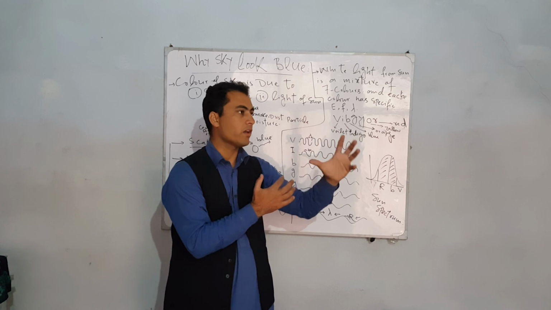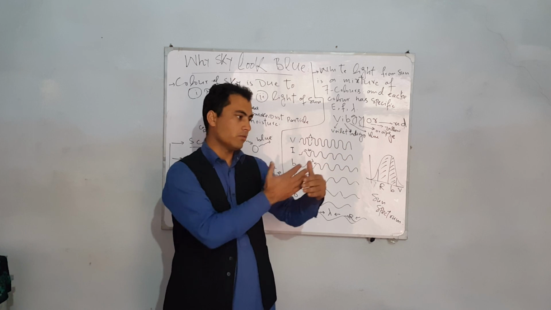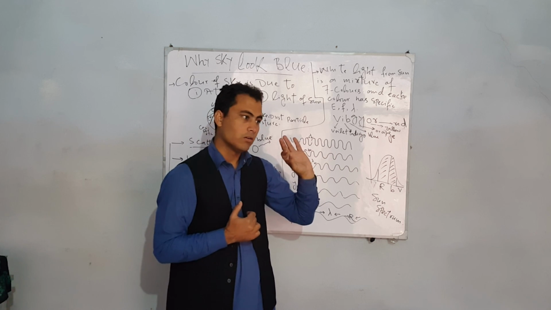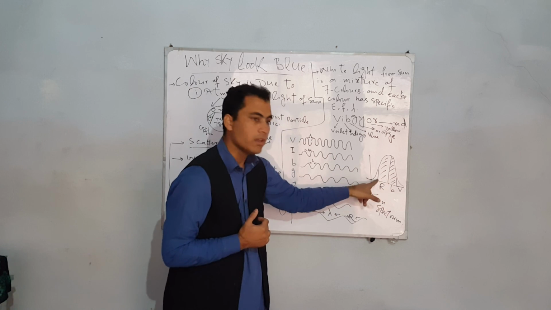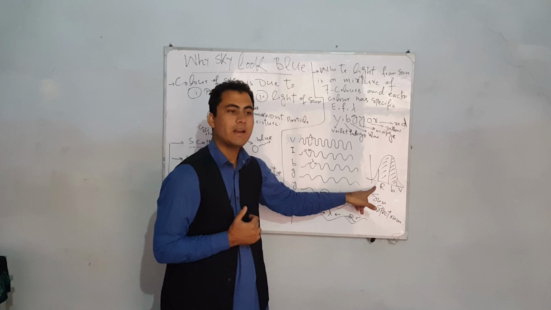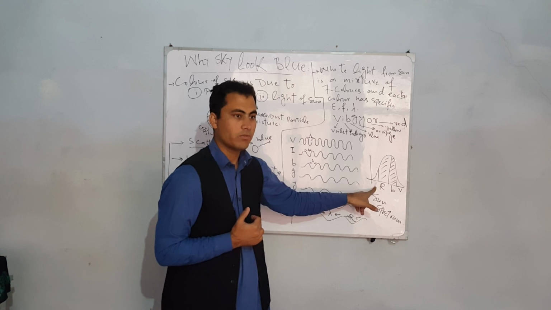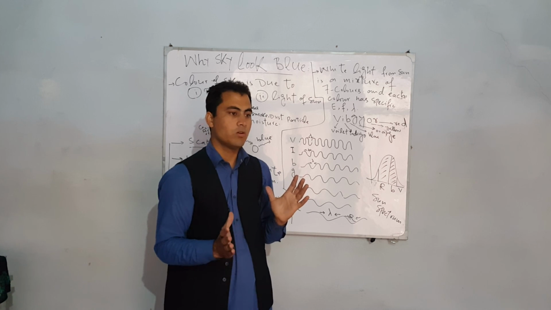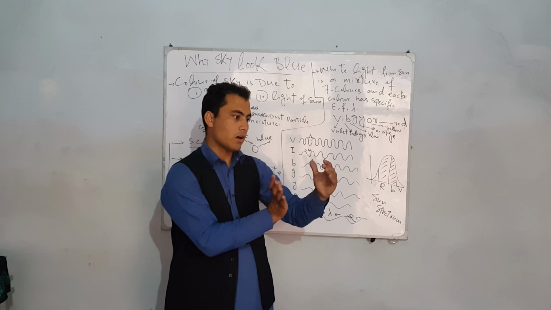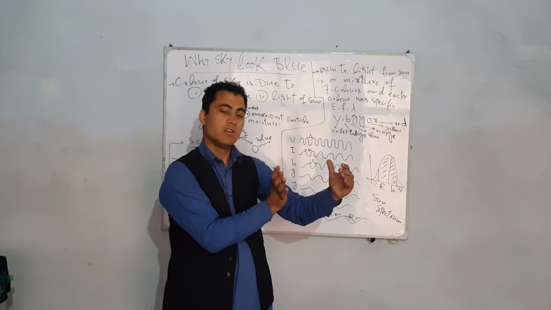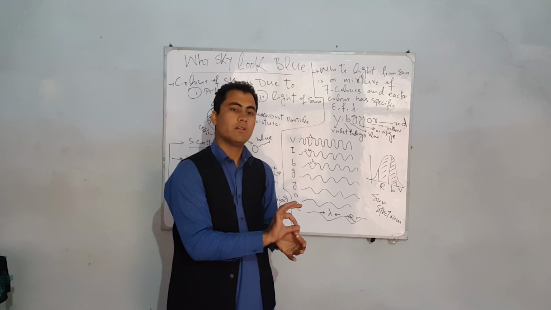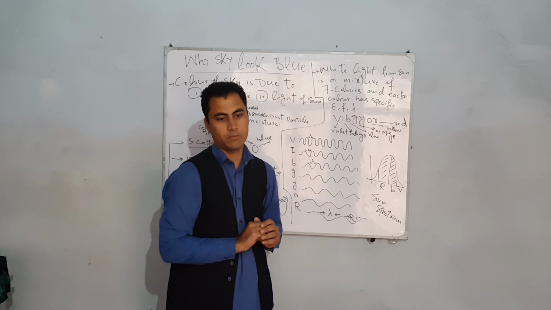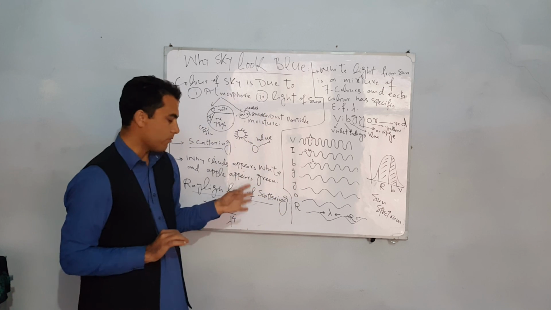So when scattering is large, or more particles are interacted with, then the probability of reddish or yellowish color is greater at those times. And during the rest of the daytime, as we know, fewer particles are involved in the scattering, so the sky appears blue at all the rest of the times. So I hope you got the idea about scattering,